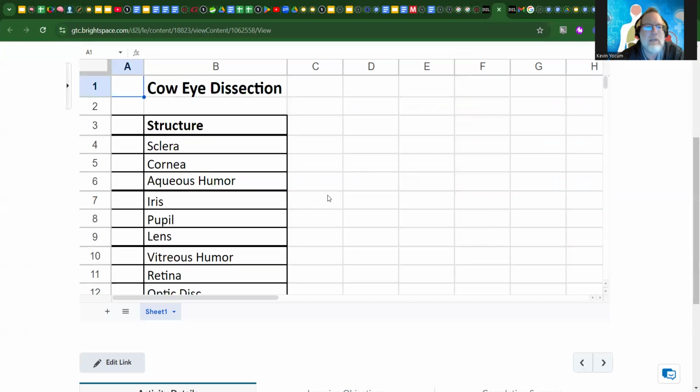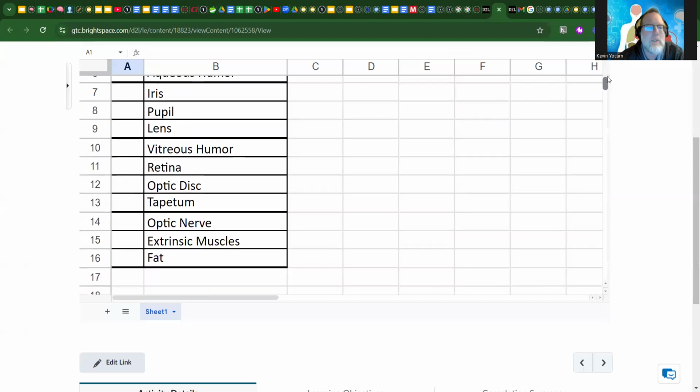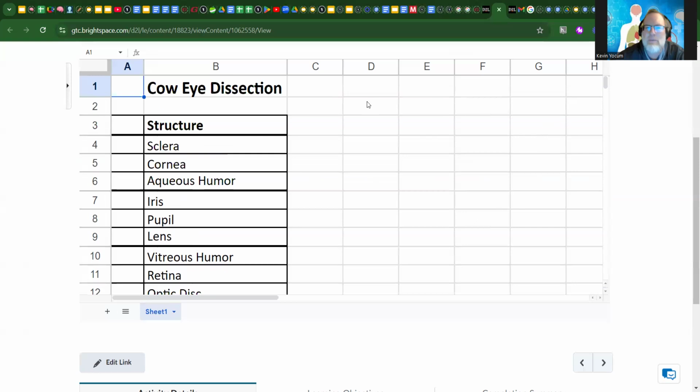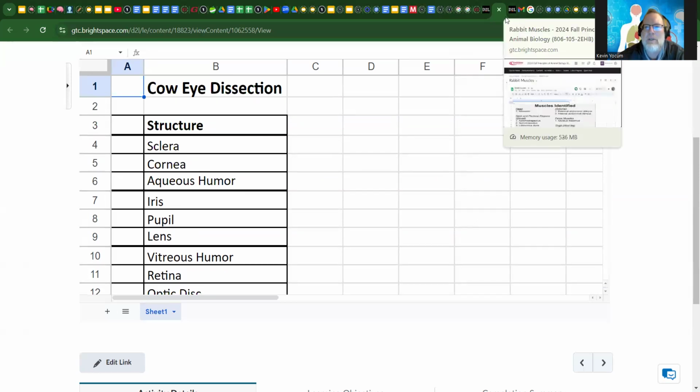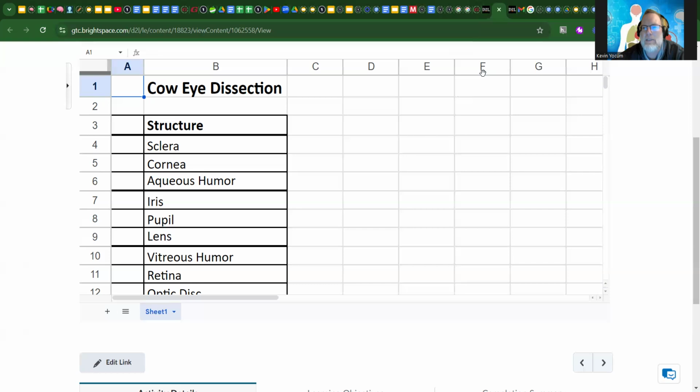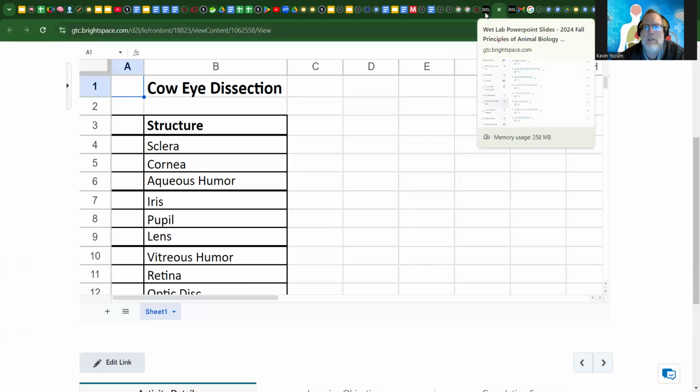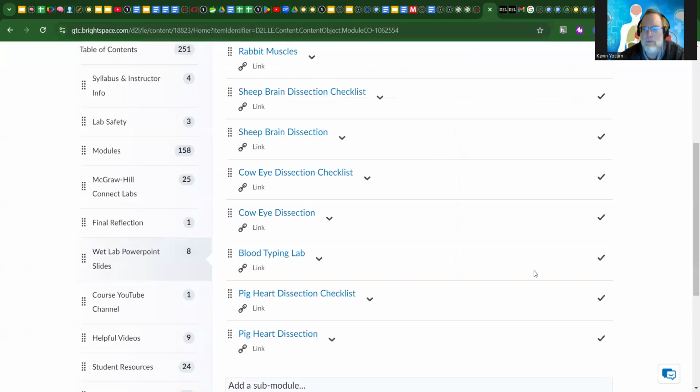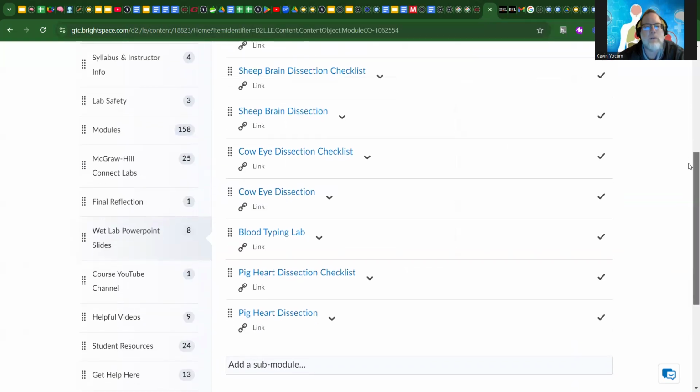So the brain and eyeball, we're talking like 10, 12 structures with the eyeball, and then only maybe another 15 or so with the brain. So the brain and eyeball will take us probably around an hour at the most to complete. And then we'll move on to